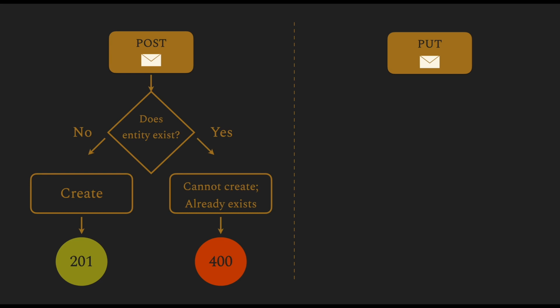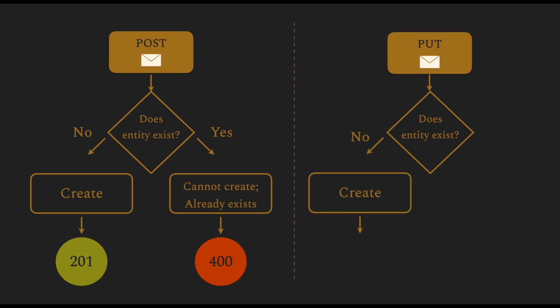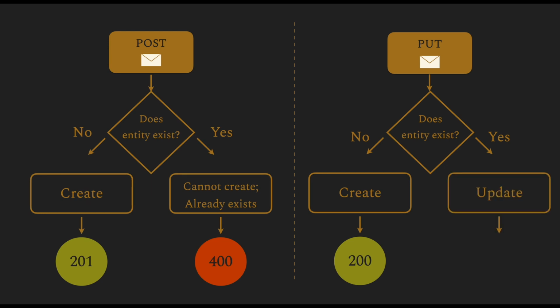In the case of put, this is slightly different. The server once again checks if the entity exists, and if it doesn't exist, it basically just creates it and you return a 200 response, which is a quite important thing to note here. But in the other case, if the entity does exist, the difference is that it just updates or recreates the item and sends the same 200 response. What's important to note here is that for every request of put, whether the entity exists or does not exist, you get the same response, which is 200.